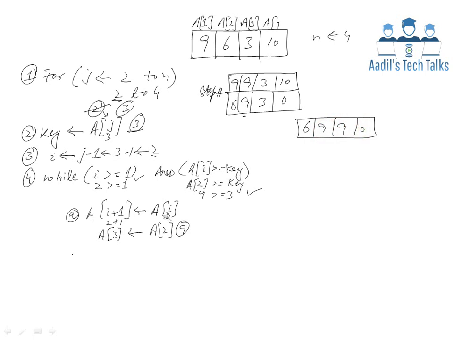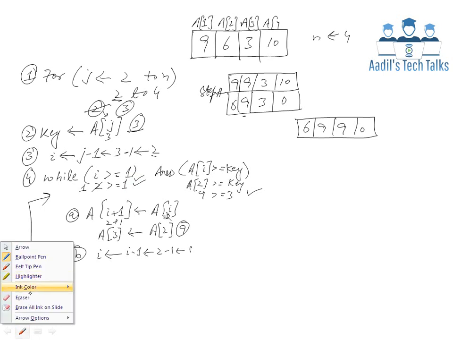Okay guys, so now step B becomes i gets i minus 1, and the value of i is 2 minus 1, which gets 1. From here we come to this position, 1. So as 1 is greater than or equal to 1, yes, 1 is equal to 1, the condition is true. Now for the second I need to erase the previous value.